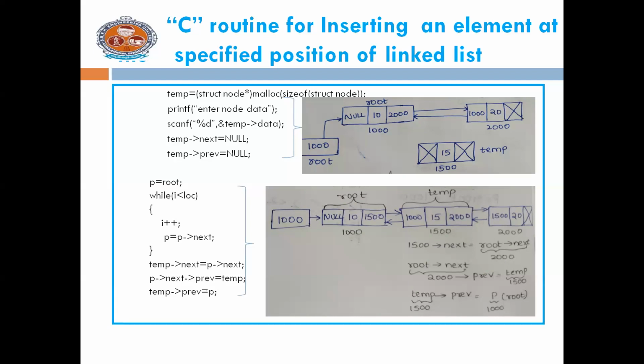And in this session, we have discussed what the basic operations are that can be implemented on a linked list, that is insertion, deletion, and traversing. In insertion, we have seen the routines for how to insert a node at the beginning, at the end, and at specified locations. And in the next lecture, I'm going to discuss how to implement deletion and traversing and all this code in C language.